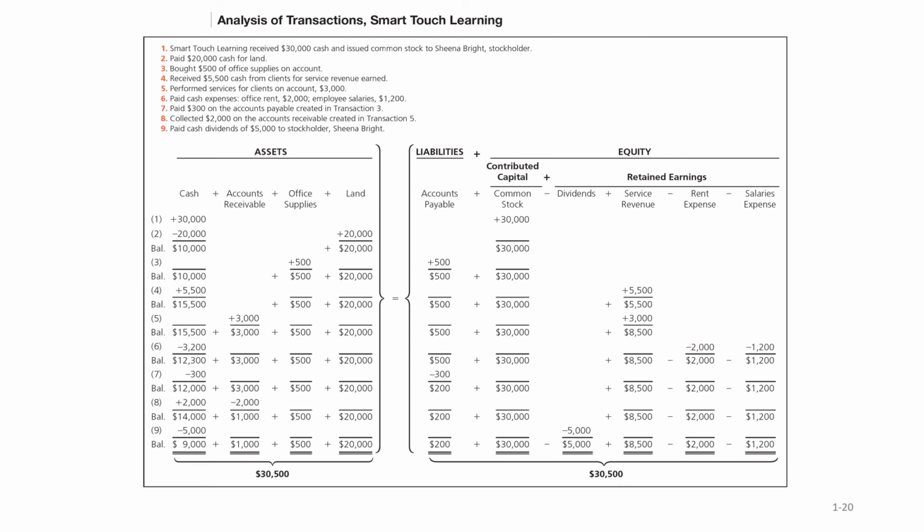In summary, this shows the total of all of our 9 transactions here and our effect on the accounting equation. You'll note from the very bottom part of it that our accounting equation is still in balance. Our assets in total equals $30,500, and our liabilities plus our equity also equals the $30,500. When we look at every single transaction that we've gone through here, every basic transaction always affects at least